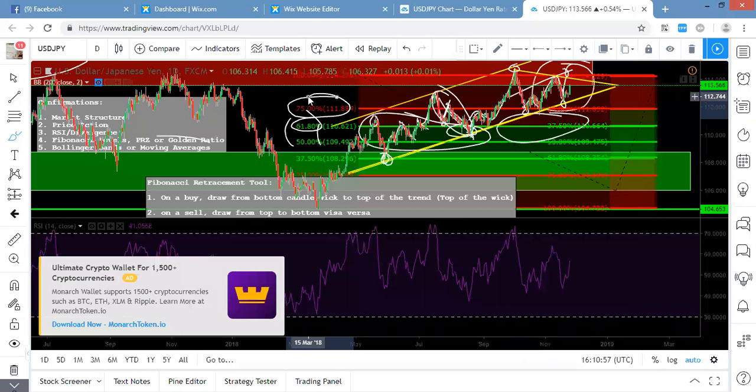So what I realize is this. Whenever price gets near a key level on the Fibonacci retracement, chances are it's going to either consolidate there or it's going to reverse or continue the trend, okay? So ultimately, you definitely want to get out of this sell because it's likely the trend is going to continue